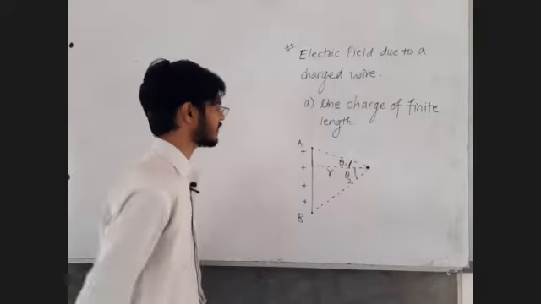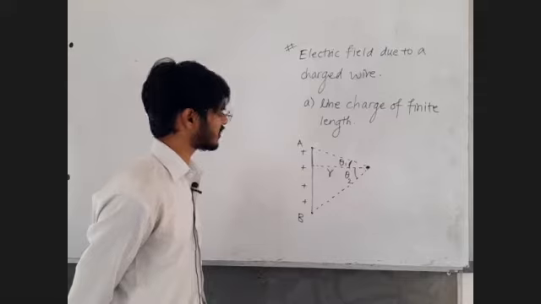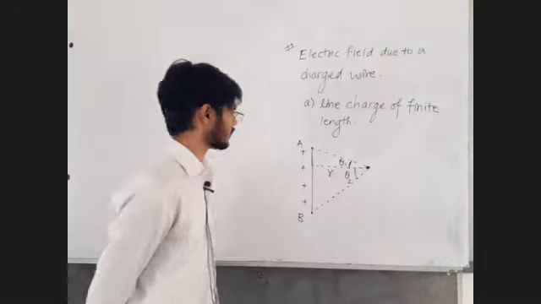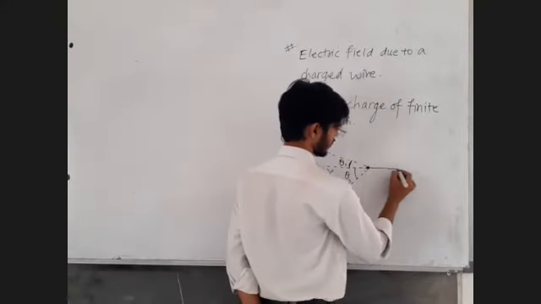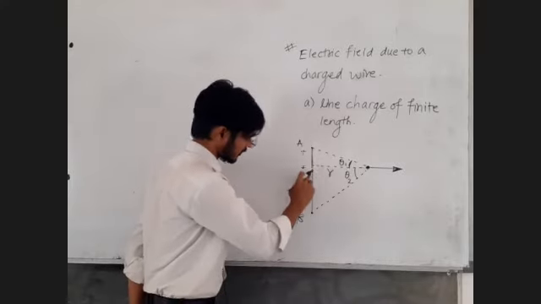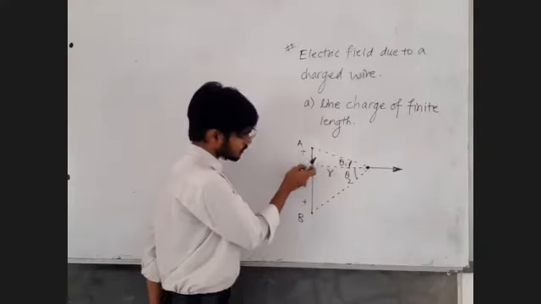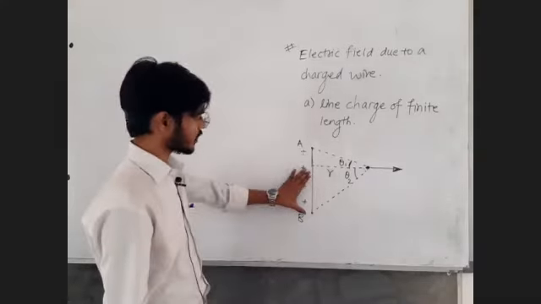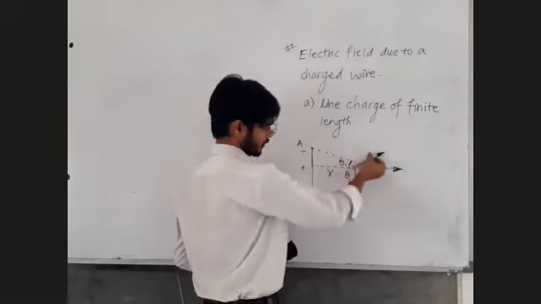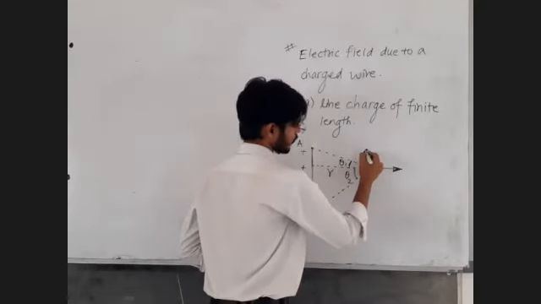In that case, because there is no perfect symmetry here, the horizontal component of electric field will exist, and the vertical component of electric field will also exist. It is positively charged, so the horizontal component will be like this. The lower portion is more in length than the upper portion, so the lower portion will ultimately win, and its electric fields are going to be like this. So the vertical component is going to be upwards and not downwards.